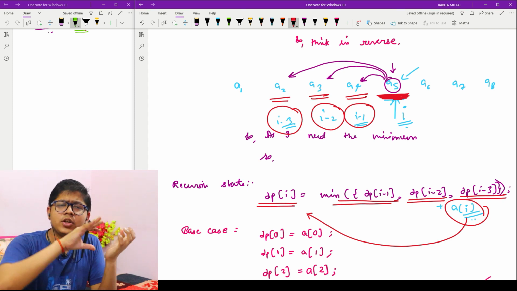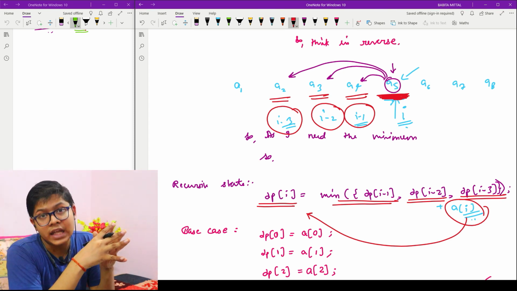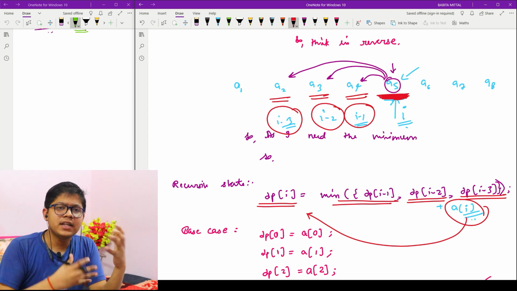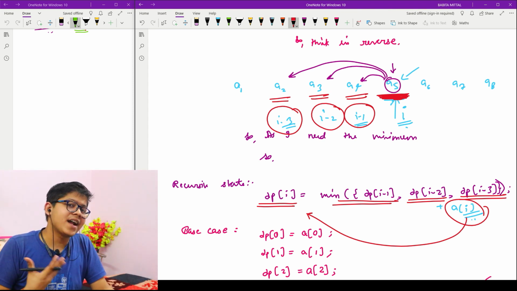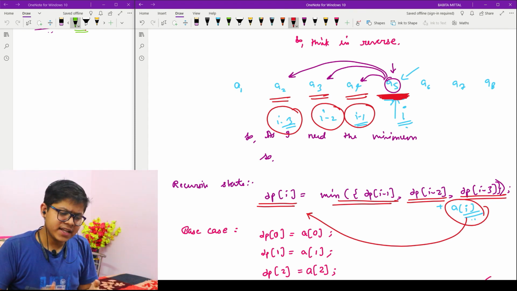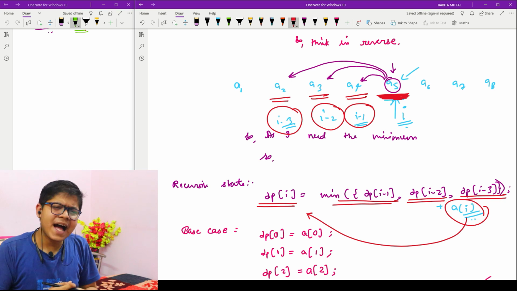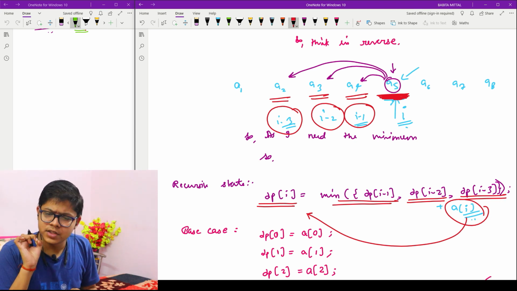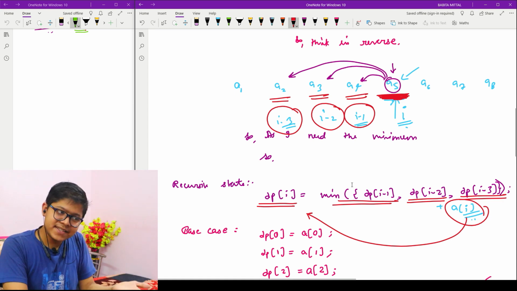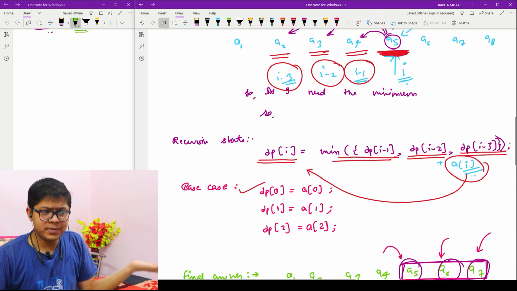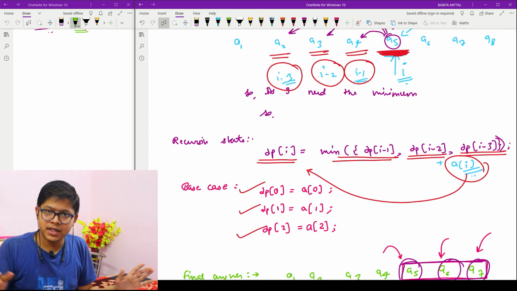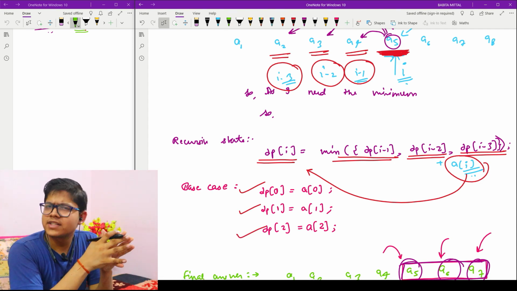Now, as I have told you 100 times, see how to find the base cases: the minimum possible value from which you can start the loop. If I have zero-based indexing of my array, then I can clearly start my loop from 3. So it means that 0, 1 and 2 are the base cases. For these base cases, for 0 it will be a of 0, for 1 it will be a of 1, for 2 it will be a of 2. Very simple.